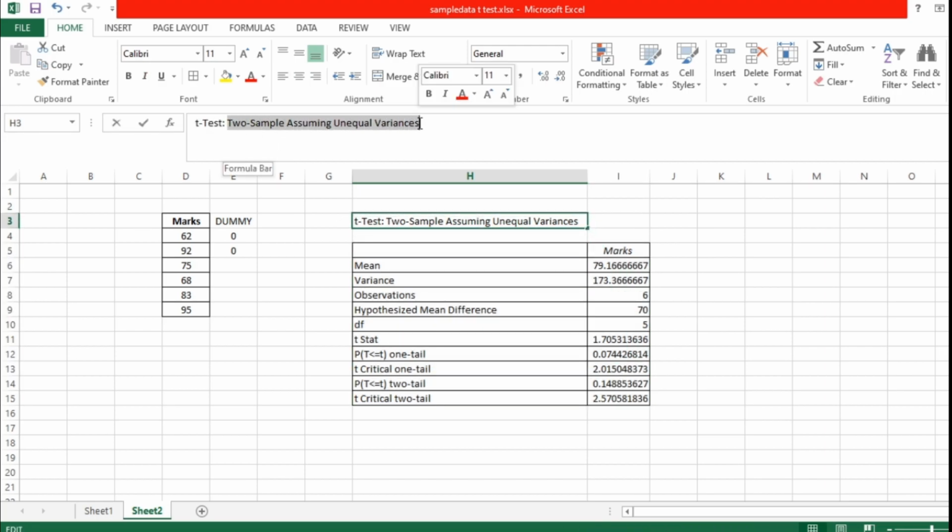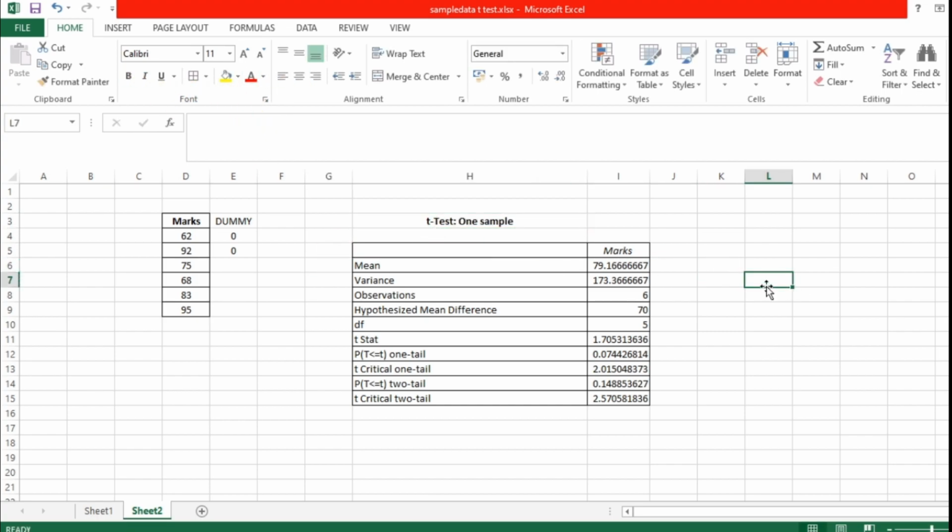Instead of 2 sample, I'm changing the name to 1 sample. Right? So these are the values: mean, variance, observations, hypothesized mean difference. Here we must not have the word difference. Instead we have to delete that difference because it has been calculated based upon these 2 cells.